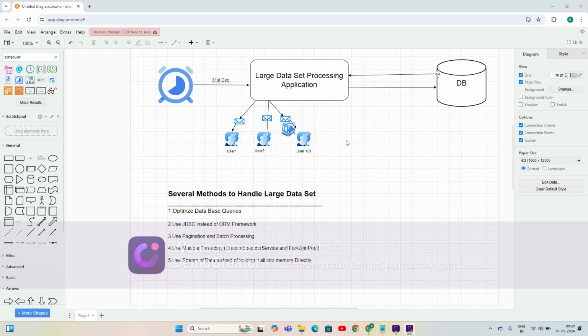And coming to the second point, use JDBC instead of an ORM framework. Coming to the application side, always try to use JDBC code instead of ORM frameworks like Hibernate and Spring Data JPA while connecting to the database. If you are using an ORM framework, there is a chance to break the application, because for every record an object will be created, and for huge data, so many objects will be created. There is a chance to get out of